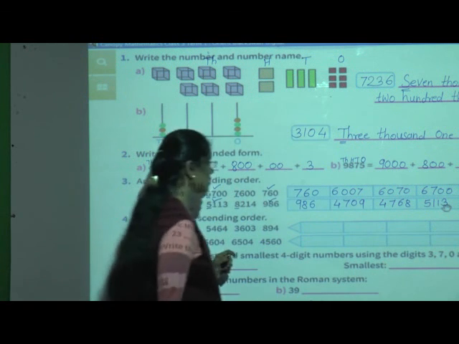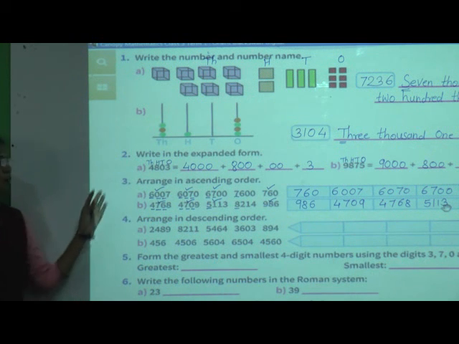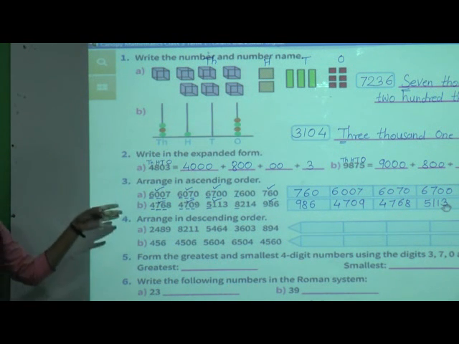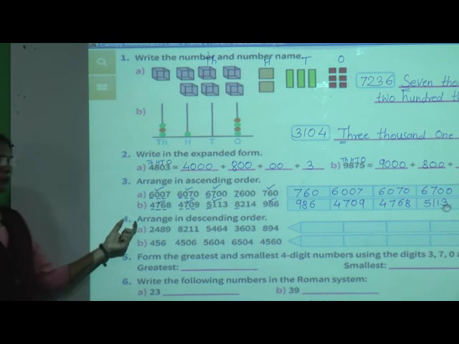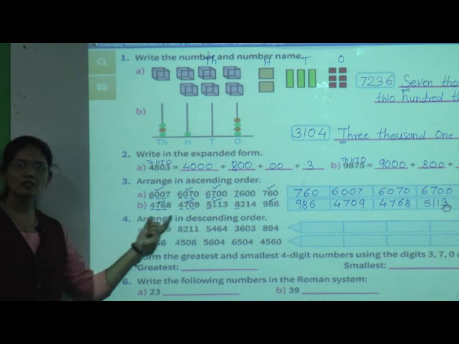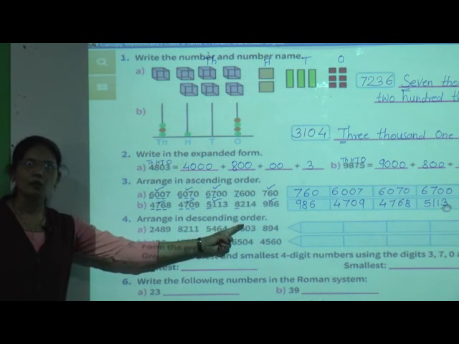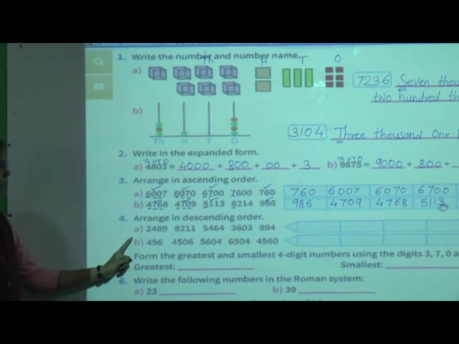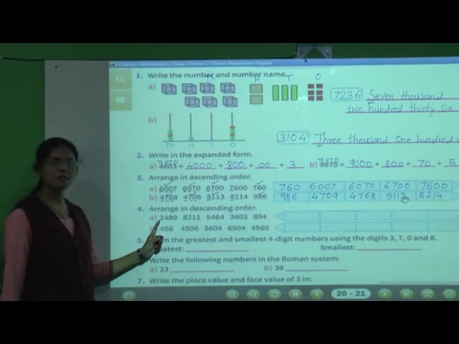8214. Understood? That is how to arrange the given numbers in ascending order. Now we will solve the next question, in which we have to arrange the numbers in descending order. Now see the descending order. The numbers are